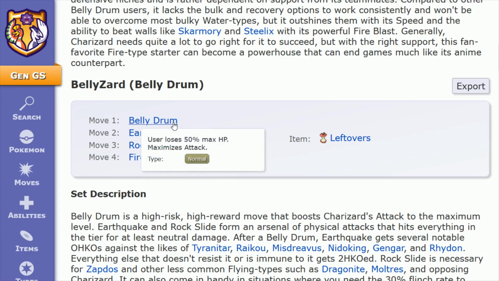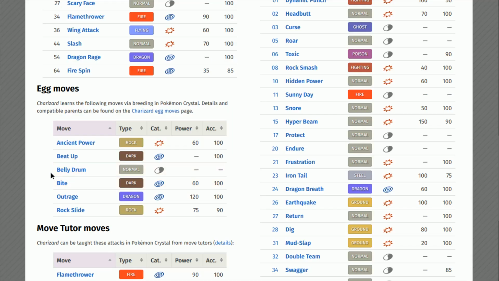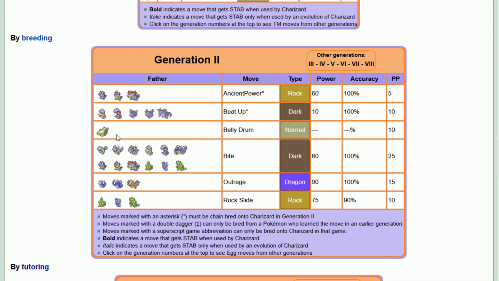But first we have Belly Drum, and I'm also going to touch on Rockslide at the same time because we're going to get both of these moves by breeding with the Snorlax line. We can see that Belly Drum as well as Rockslide are both listed as egg moves. And when we go over to the breeding chart, we can see that we learn Belly Drum with the Snorlax line,